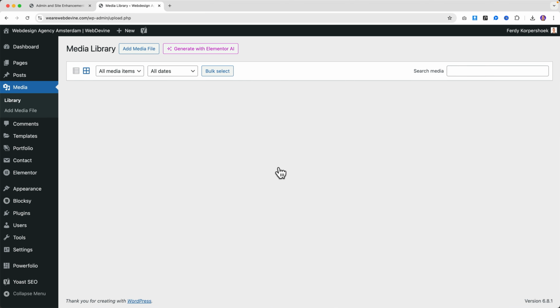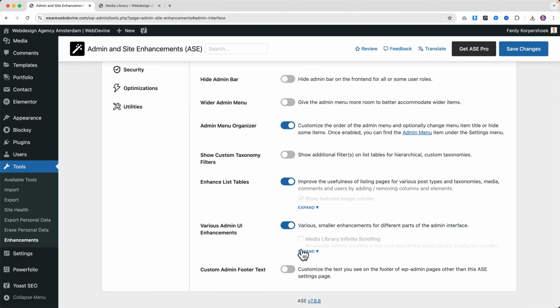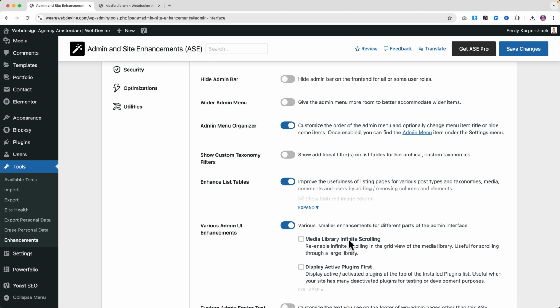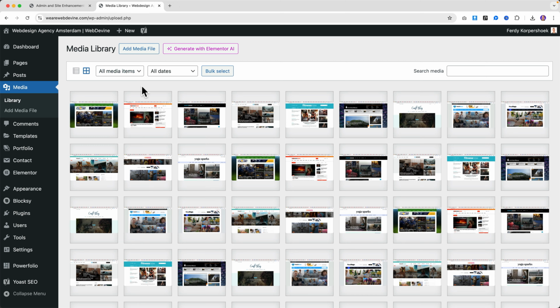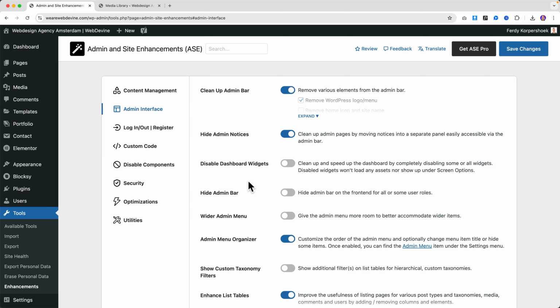So let me refresh this or go to the expand area over here. Media library, infinite scrolling. If I turn it on, save it, and I refresh this, I don't have to click on load more. Automatically, it shows everything. That is what I prefer. The other one,